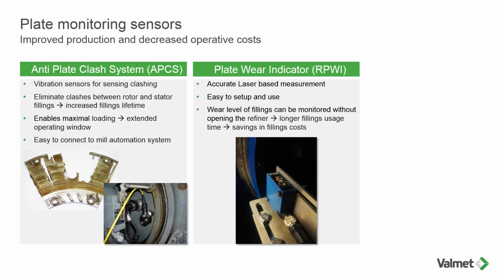Once the plates start wearing in, this refiner plate wear indicator is going to start picking up the distance of how much that sliding head has moved in relative to a starting point. And that's going to give you the plate wear on these 4 positions. So this again is tied back to your DCS, like the anti-plate clash system, and you're going to be able